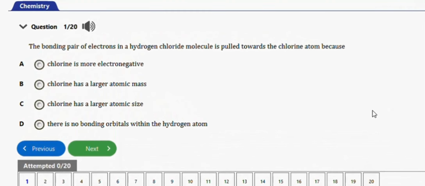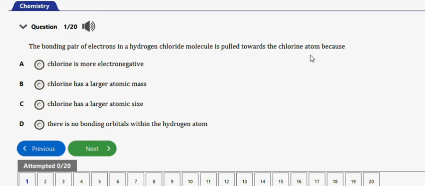In this video, we're going to learn how to solve these chemistry problems under covalent bonding. So guys, we have 20 repeated questions to practice with in this video. Let's get started. The first question I have here says, the bonding pair of electrons in a hydrogen chloride molecule